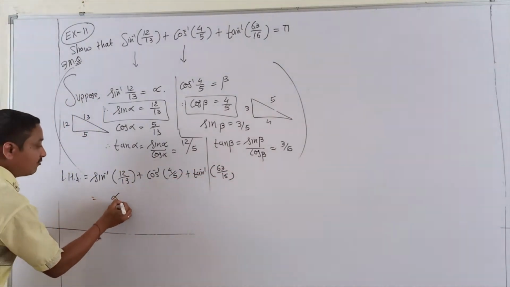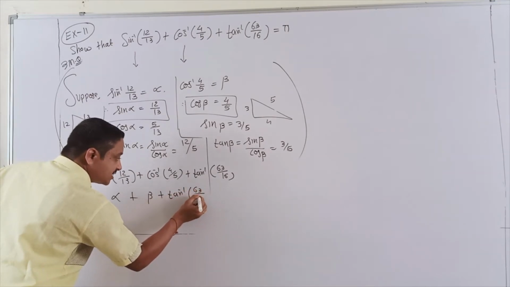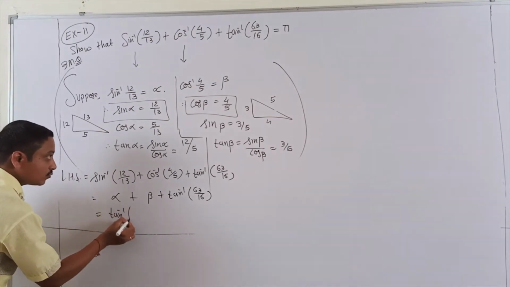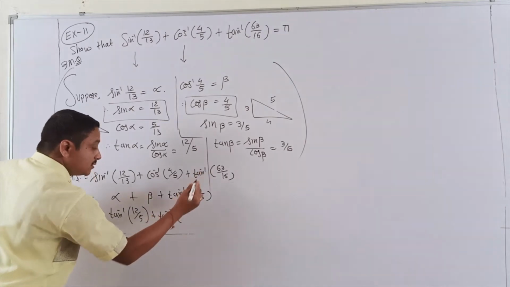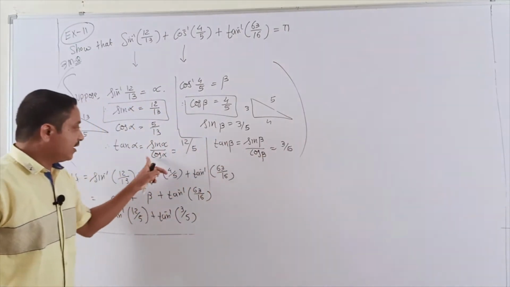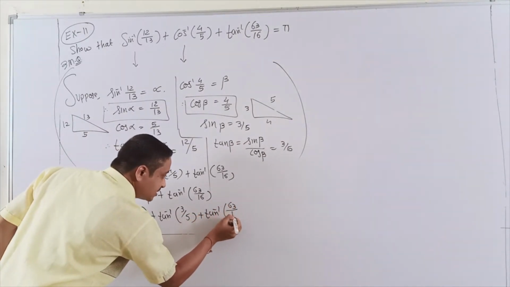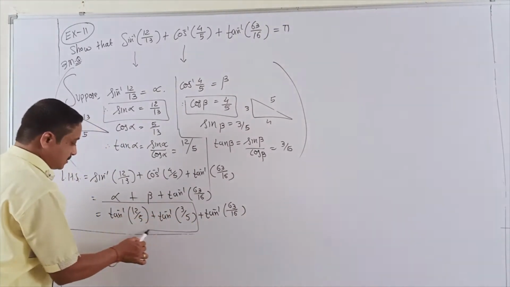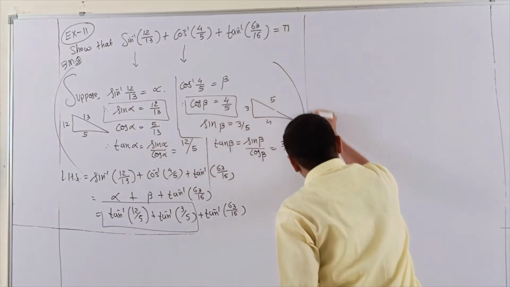So here I am going to alpha, beta, and as it is 63 by 16, and that alpha is known, students. Here tan inverse 12 by 5, tan inverse 3 by 5. Look at that. Here beta, here alpha, and that is the same as tan inverse 63 by 16. Now students, I start with these two values, either these two, as you like. I go into the first two.